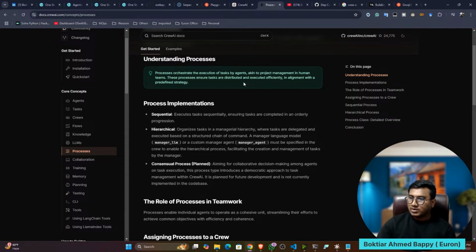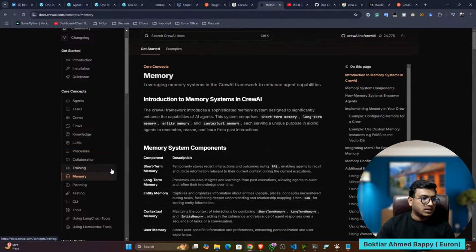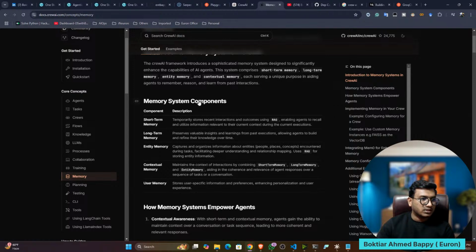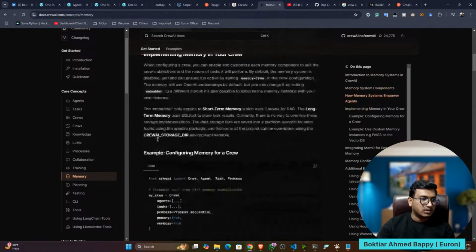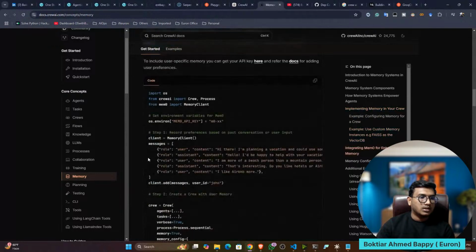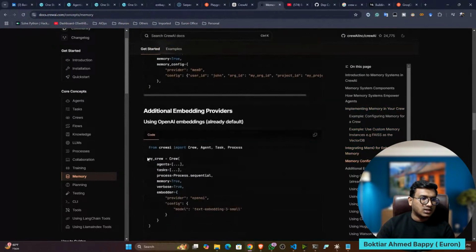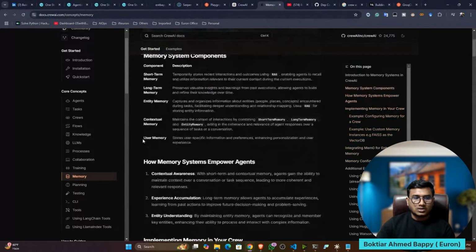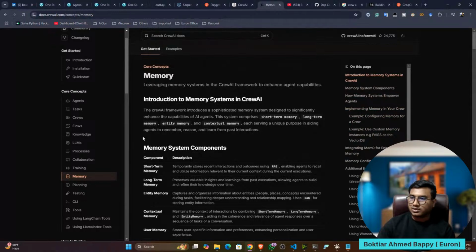Can we use that memory at production level and keep separate memory for different users? Yes, maybe you can. See, there is a memory functionality also. Different memory configurations are there. You can check it out. They have already given examples with different memory. So I showed you this approach. Now maybe you can check any other approach, whether it is possible to create a session or not.